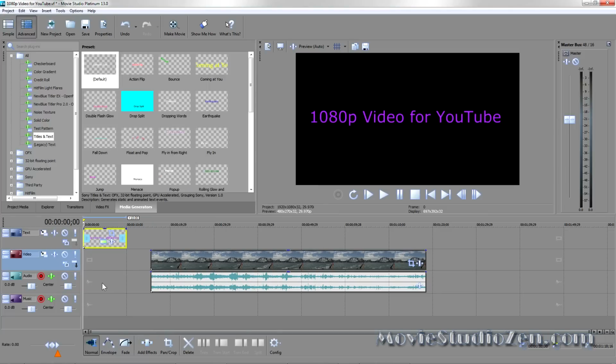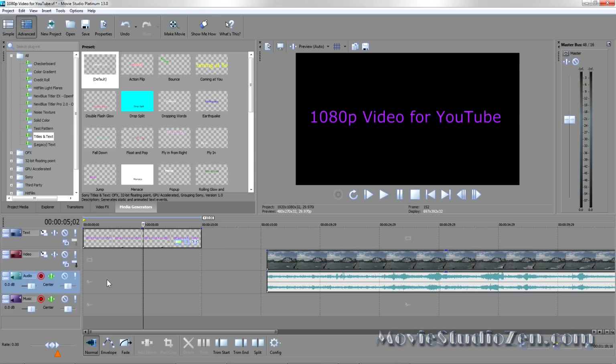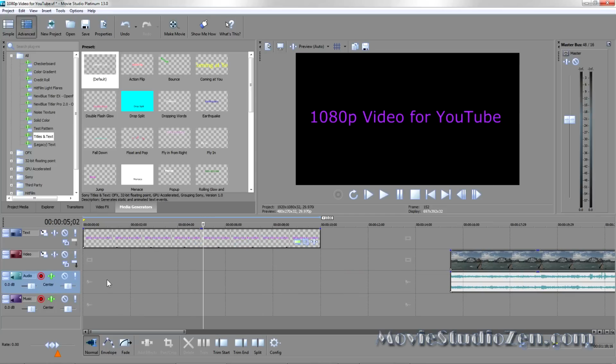Now, 10 seconds is a bit long for my introductory text, so I'm going to trim it down. So now I can start to show you some of the editing tools. So the first main thing to learn is to use the wheel on your mouse. So put the cursor where you want to zoom in and use the wheel on your mouse to expand deep into the timeline here. So I want to make this just 5 seconds instead of 10 seconds.